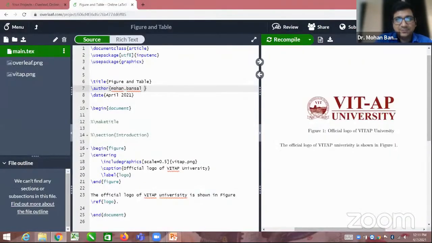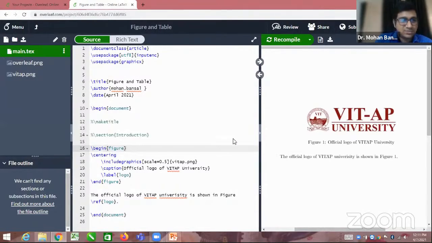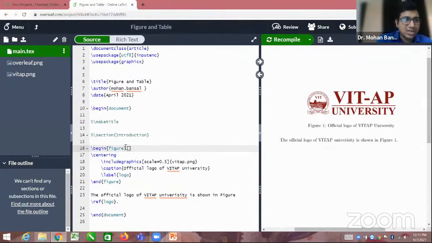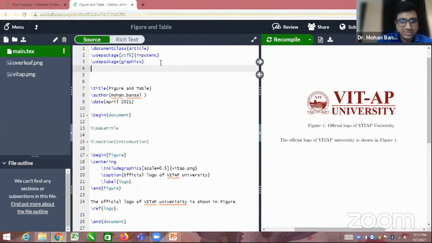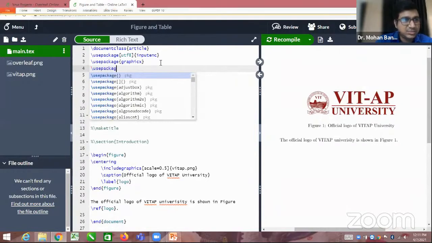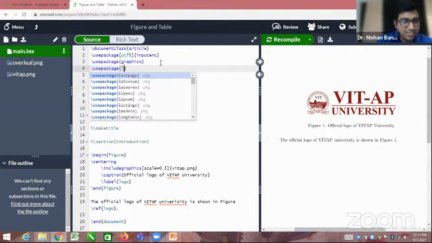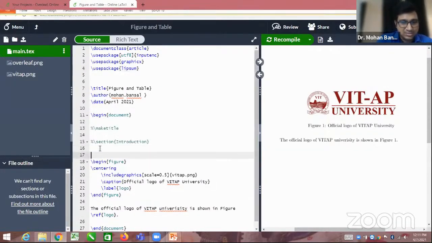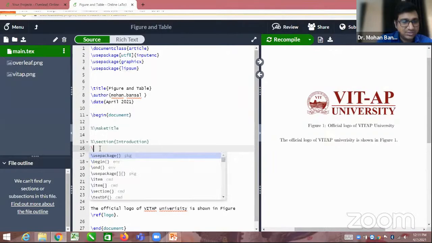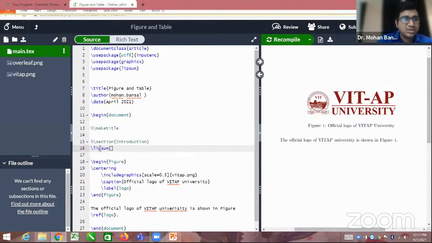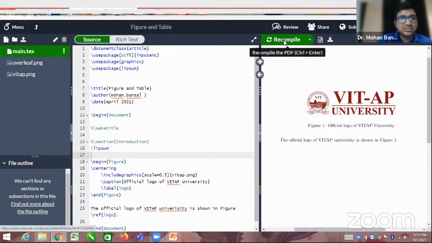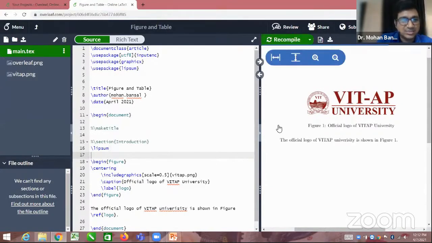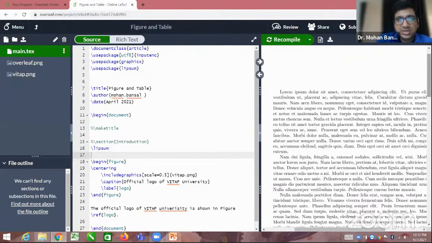Now you can see currently the figure is coming at the top. Now we want to place this figure, so before that, I will take some text. I can take dummy text from here. Use package lipsum. Lipsum is a dummy text that we can take. We don't need to write anything. We can use \lipsum here. Okay. So you can see you will get some inbuilt dummy text in this program. So we got it. Now we'll see.